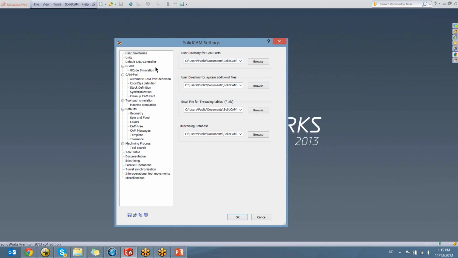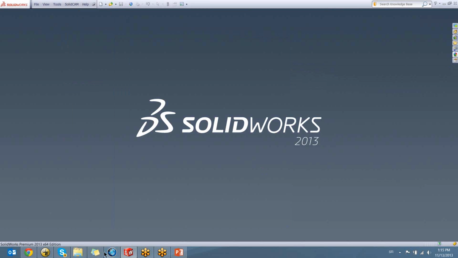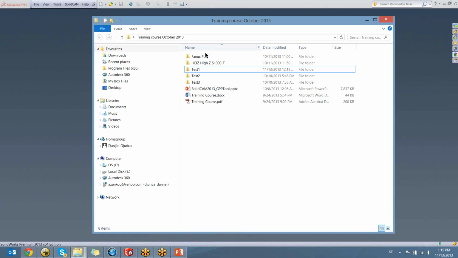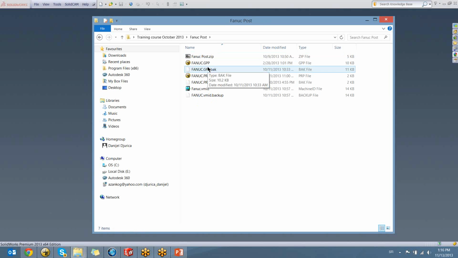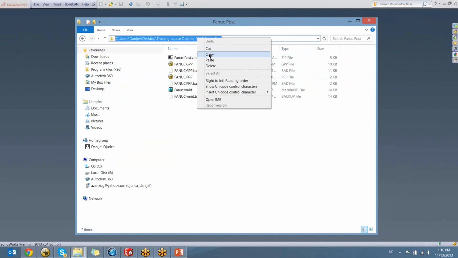And now, because we didn't open the CAM part, you are able to change the post directory. So let's change it. Inside the training course, I will give you the FANUC post. It's basically a 3-axis FANUC, copied from the SolidCAM default CNC folder, and I put it somewhere on the desktop in some default folder. What is the fastest way to change the post-processor directory? Just click here, and here you get the link to this folder. And just simply copy this,